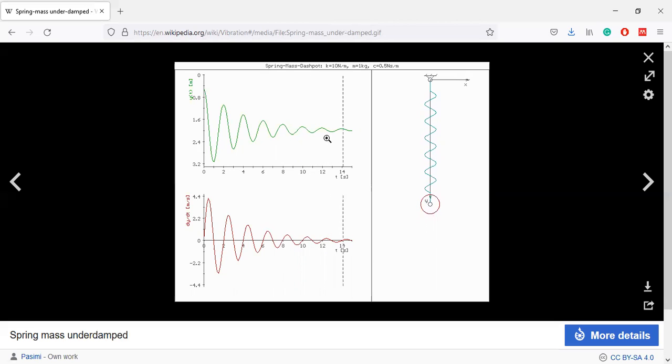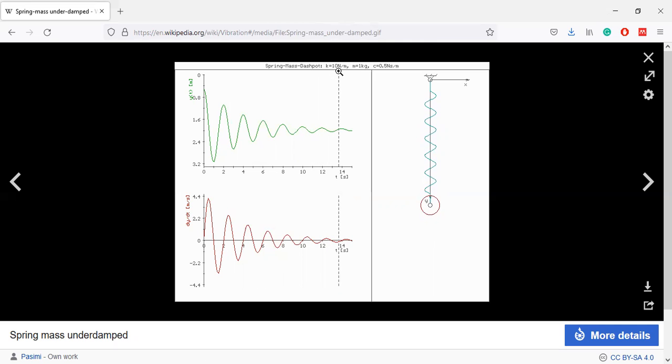And when the zeta value is greater than 1, that is called the overdamped case. Then the first vibration, or the first motion, goes down and then immediately stops at some point in time. So let's see, this is the underdamped case. This is obviously the underdamped case because here we can see